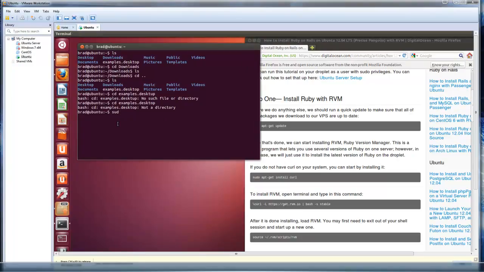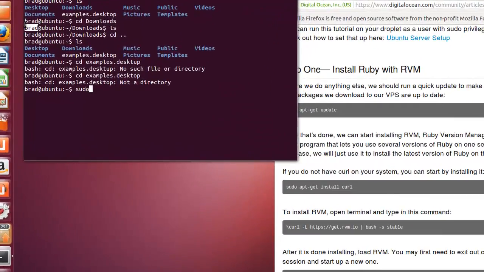Okay, and what sudo means is if we're going to do anything that requires root access, where the file or folder or whatever, the command requires root access, by default we have this user called Brad, or whatever you put in for your name, which isn't the root user. So if we want to do any kind of root actions or commands, we have to put this sudo in front of it, and it will ask us for our password. So if we do sudo apt-get and then update,